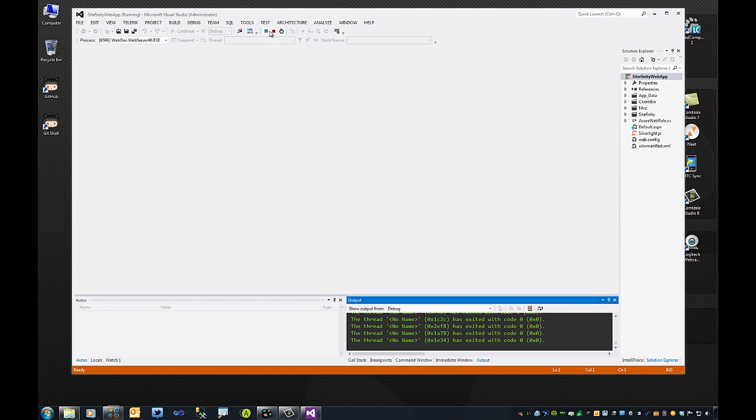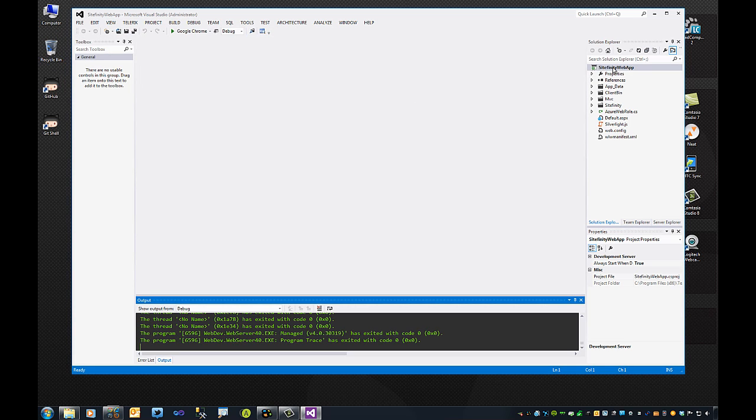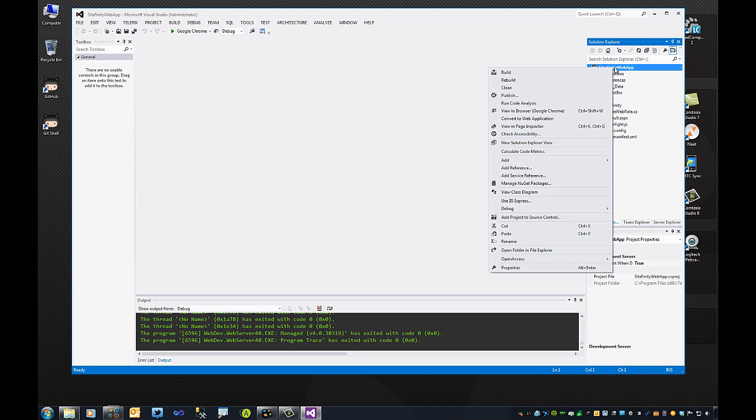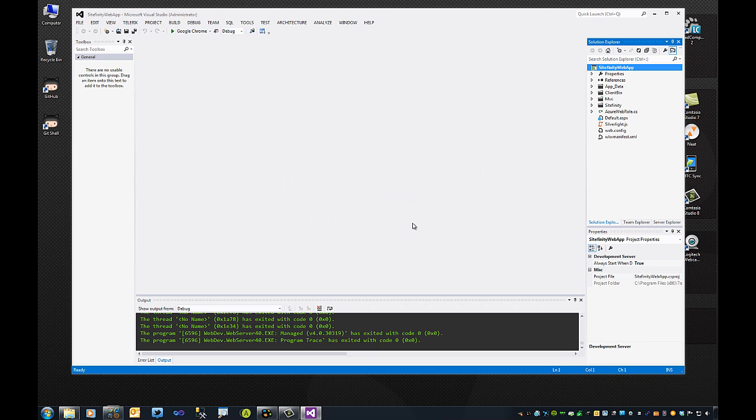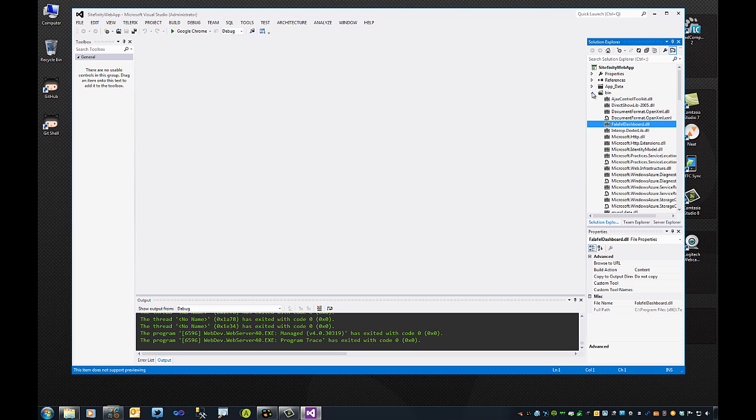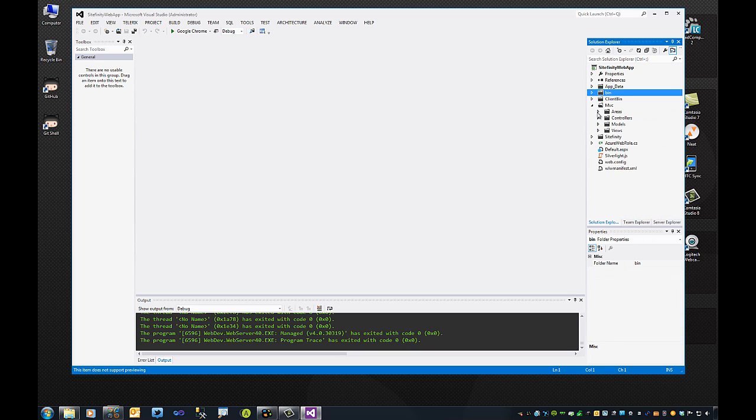Come back to Visual Studio here for a second. And I'm going to go into the Sitefinity web app, right click and say paste. That's our bin directory and the MVC folder that we've seen earlier. We'll say yes, go ahead and add that to the bin directory and the MVC directory as well. Notice in the bin directory we have the Falafel Dashboard.dll in there,